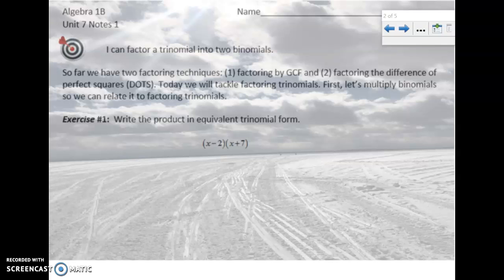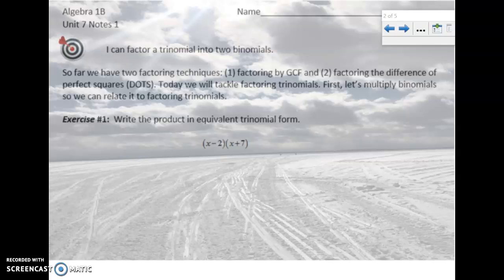So today's learning target will be able to factor a trinomial into two binomials. So basically we're going to be undoing the process of multiplying binomials and trying to put it back into that double binomial form. But let's first talk about something that we've already done, multiplying binomials, to show you how we